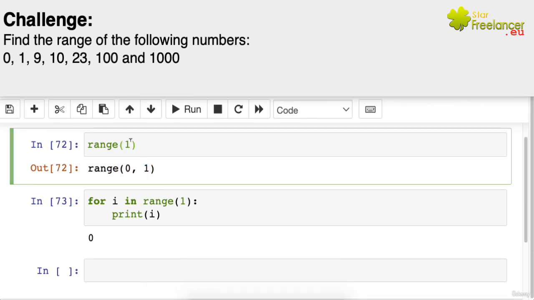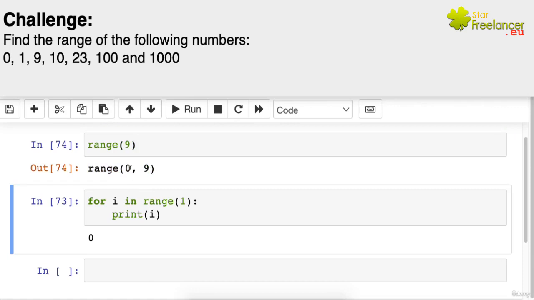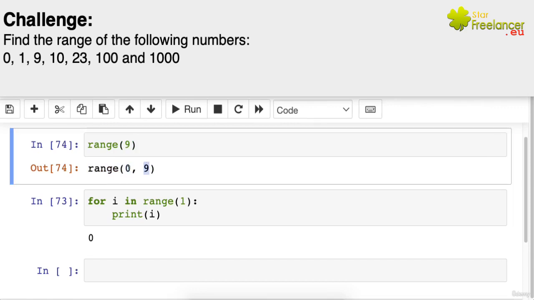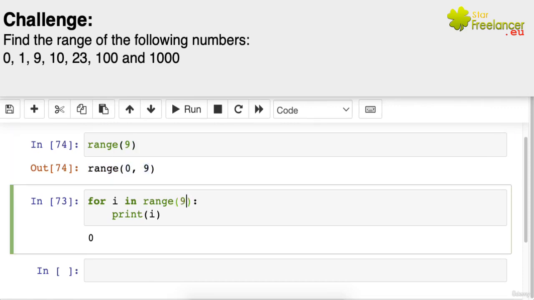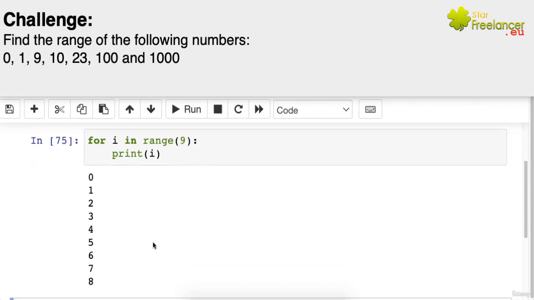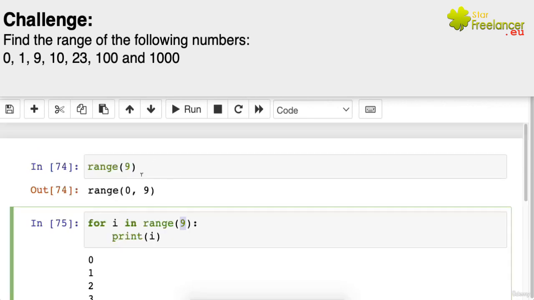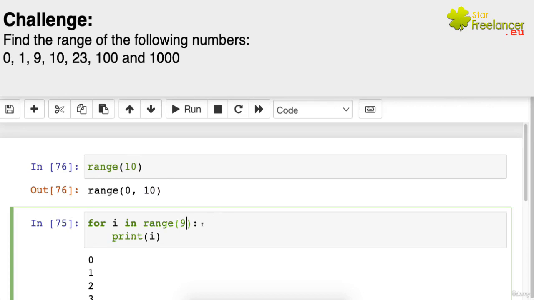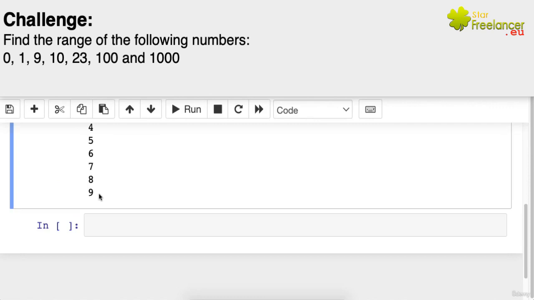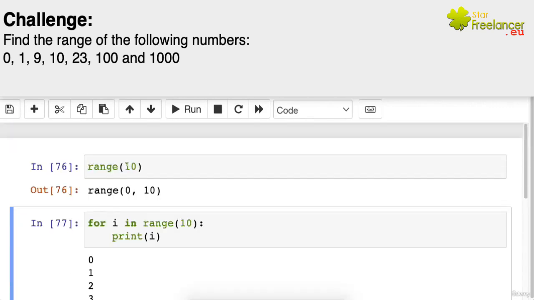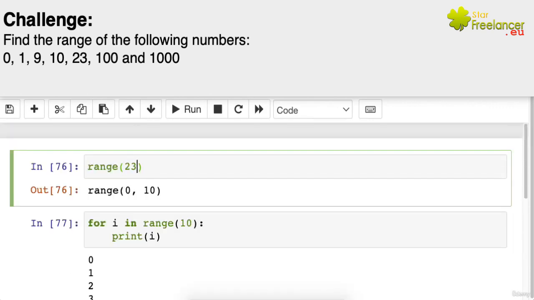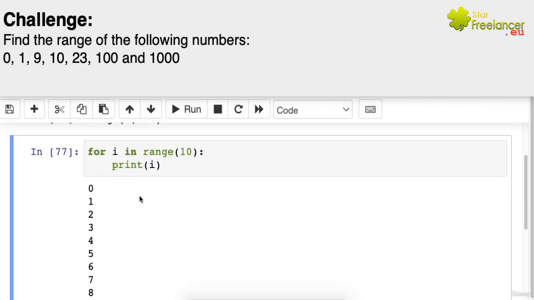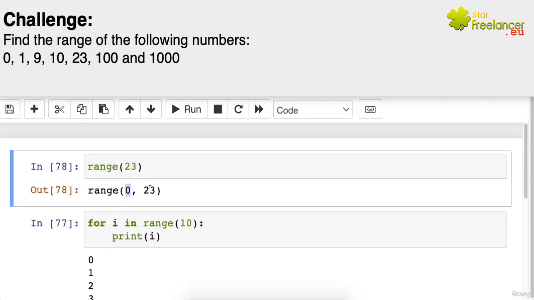Now let's look at 9. For 9, start from 0, but don't touch this. That means 0 to 8. And if you look at it, by putting 9 here now, we have from 0 to 8. Remember, this is the stop. Now let's look at 10. 10, you agree, is from 0 to 9, because we are not going to touch this. And if we put 10 here, you see, it starts from 0, ends at 9. Now let's look at 23. You also agree with me that it's from 0 to 22. It's telling me that this is the beginning, this is the